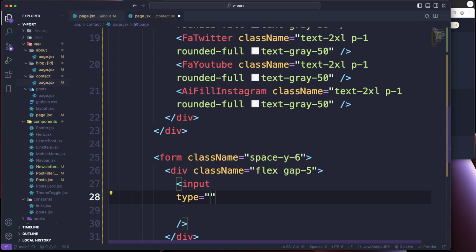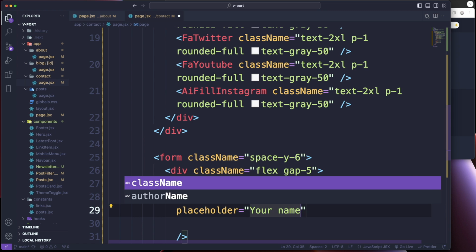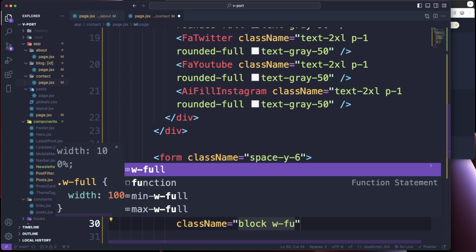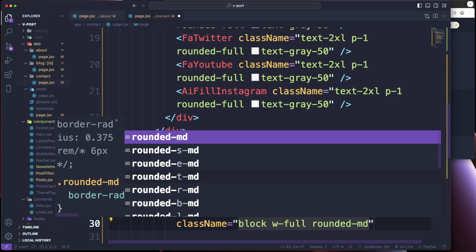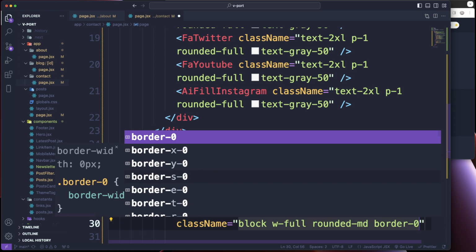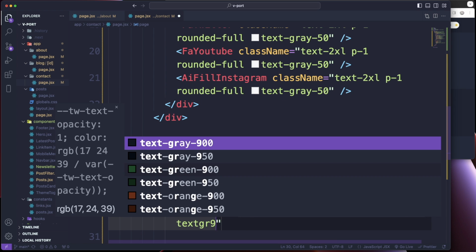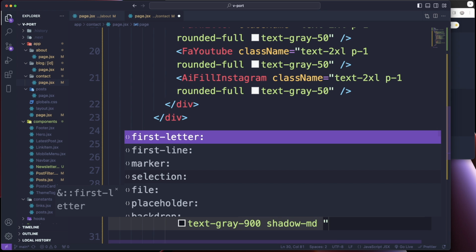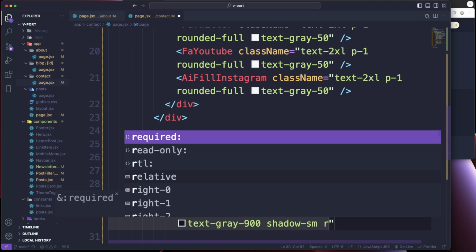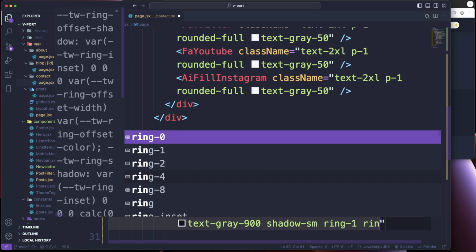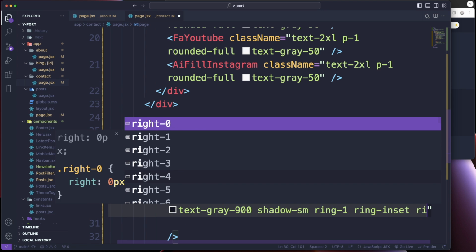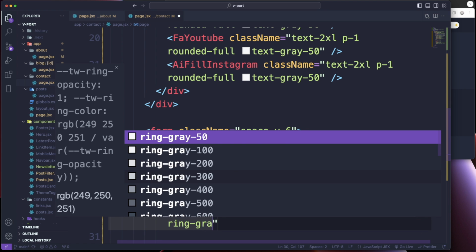So this one's gonna be a type of text, and a placeholder is just gonna say your name, and the class name is going to be block with the full, a rounded MD, a border of 0, a text gray 900, a shadow MD, actually a shadow is small, a ring of 1, a ring inset, a ring gray 300,